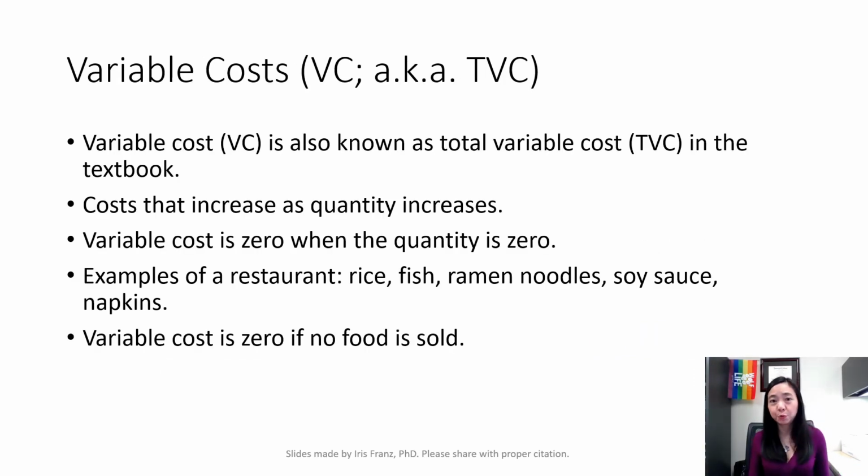Variable cost will vary with the quantity you produce. The more you produce, the higher the variable cost. If you're producing zero, then your variable cost will be zero. Using our restaurant example, if you're selling more plates of food, then the cost of, say, rice, fish, noodles will increase. And also, the cost of napkins or disposable chopsticks will also increase the more plates of food that you're